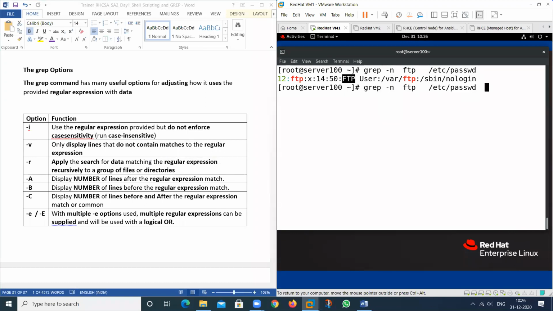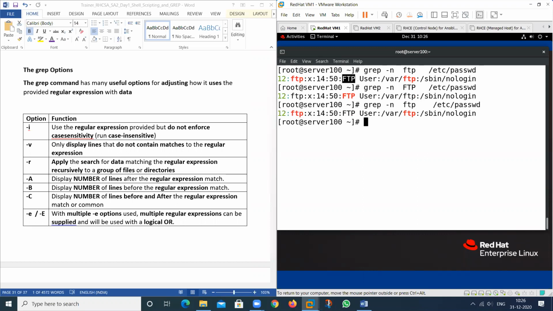So if I type FTP in capital, then this will print this particular value. But if I type it in a small letter, this cannot understand this particular word.